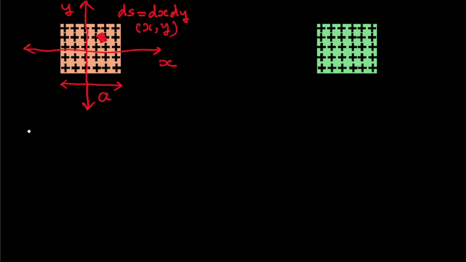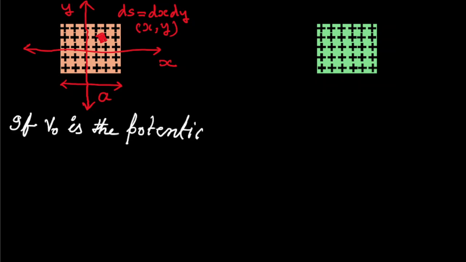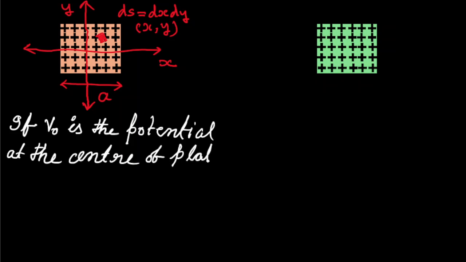So let's say V0 is the potential at the center of the plate, then V0 can be written as